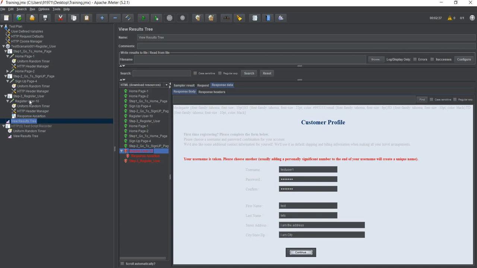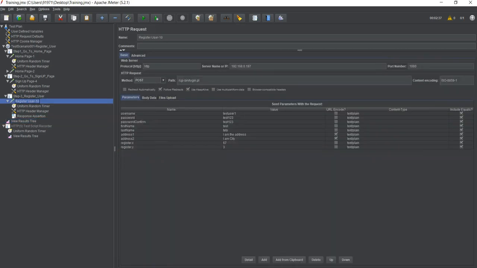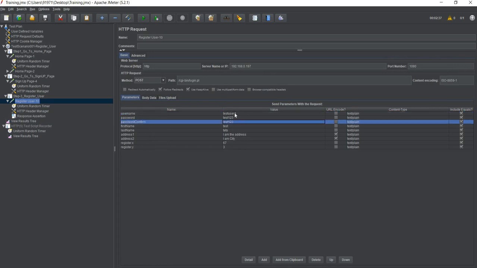Now I will go ahead and do some more changes. I will just change this to test user 4. This is again hard coded. We can attach it with an Excel file, which we call parameterization. We will discuss this also in later chapters. Now I have hard coded it to test user 4, saving it and running it again.